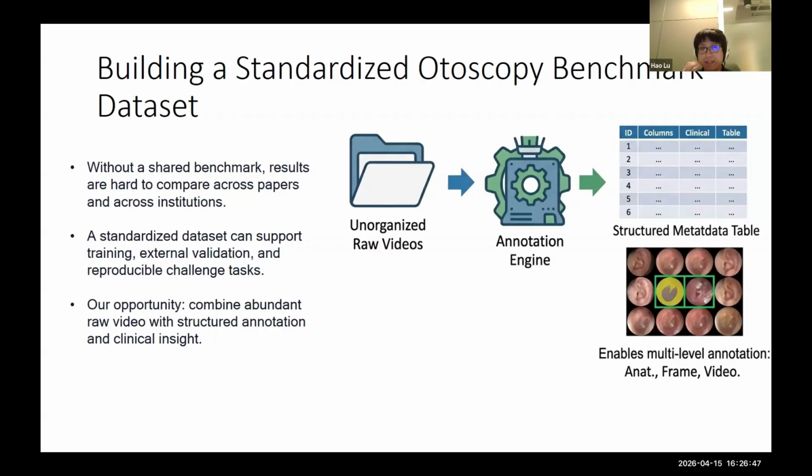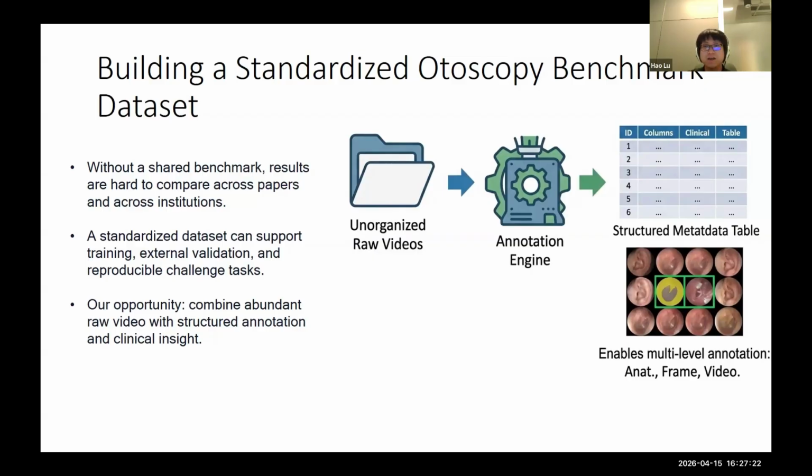Since we already collect many videos from different centers, we want to organize this data set and build a standard benchmark for the otoscope video task and publish, so that it will help the following research to use this data set to improve this whole research area. What we want to do is currently we have, as I mentioned,